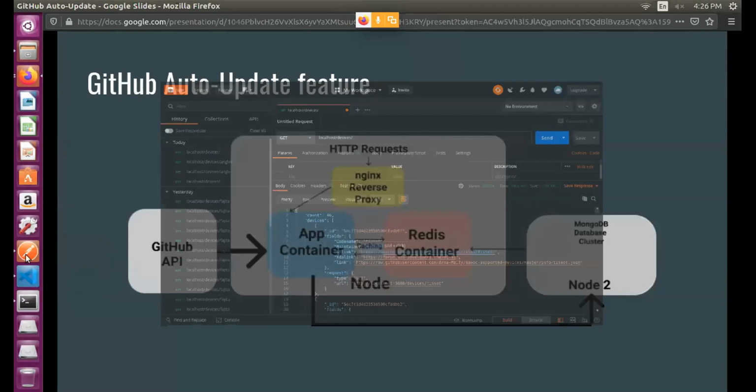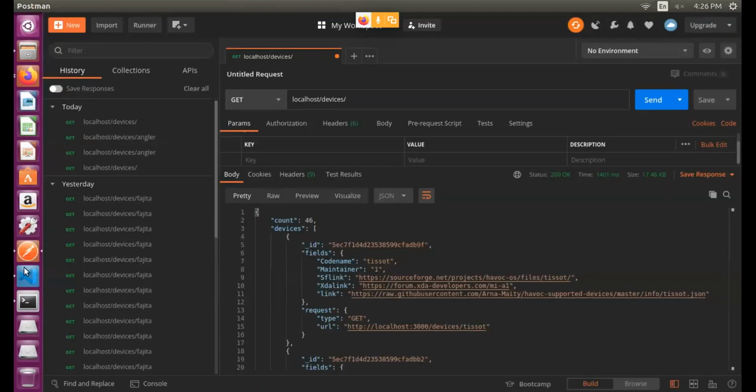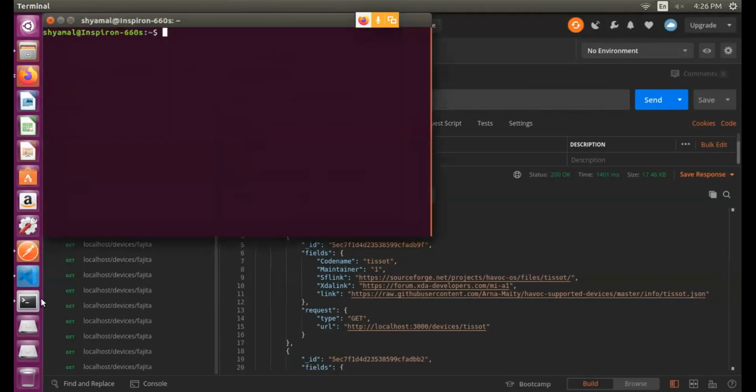Then I would like to show the caching. Wait a minute.